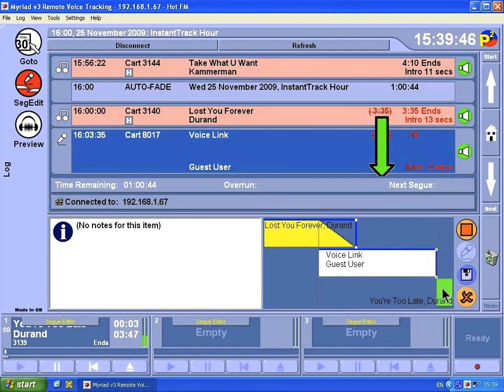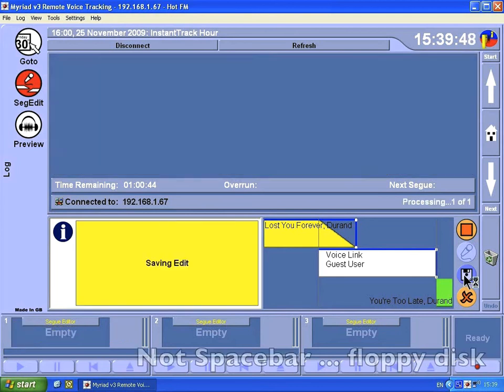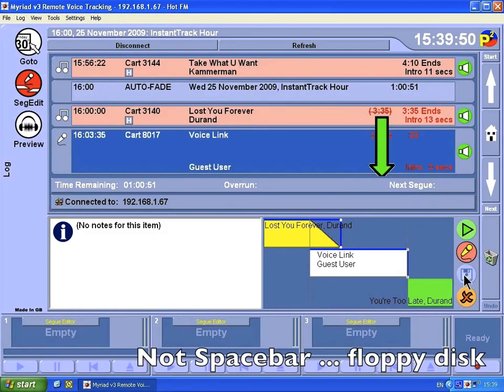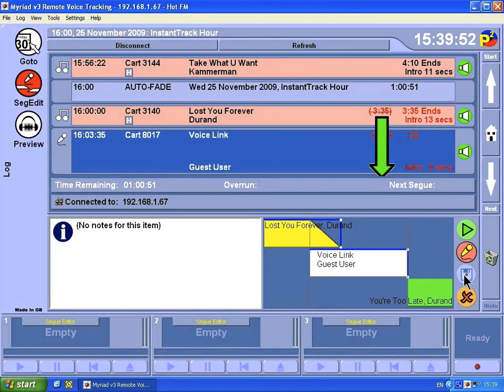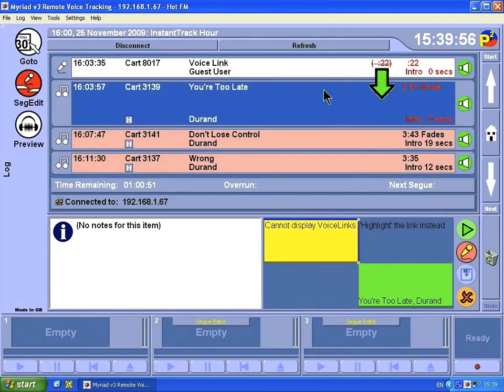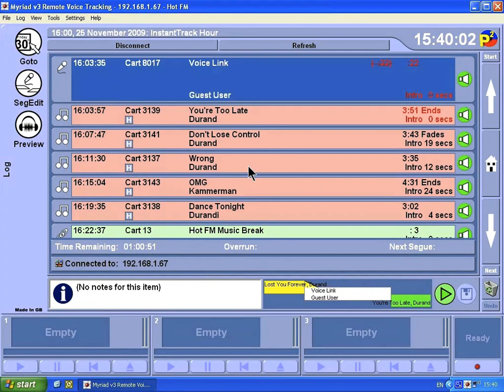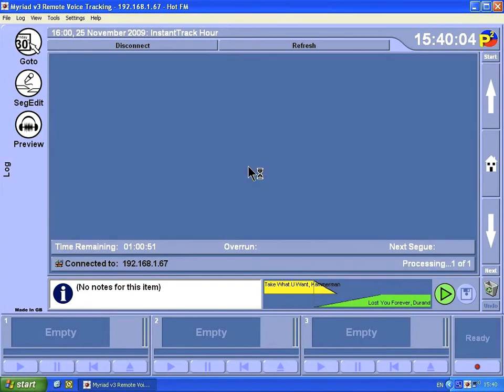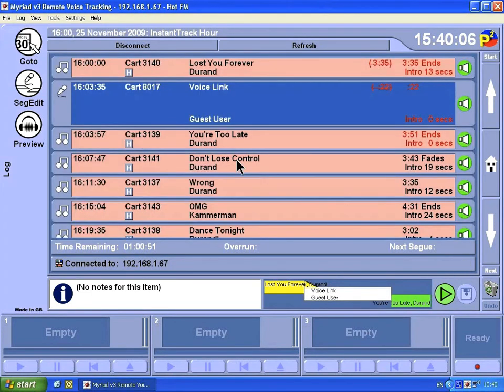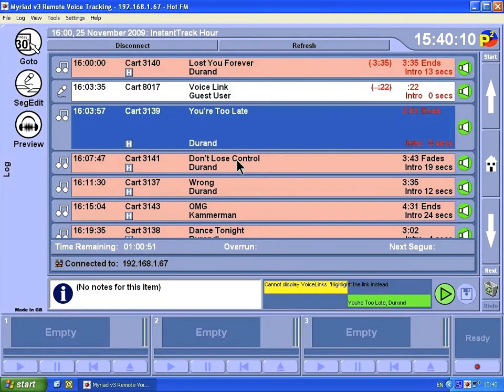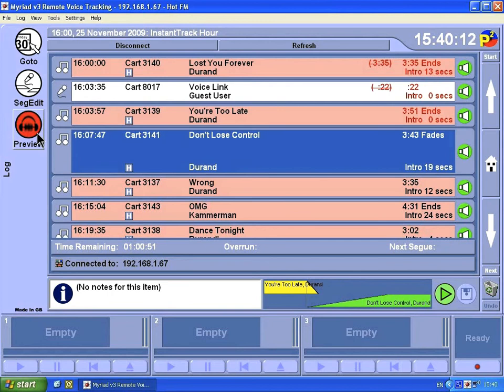There we go. And then if we're happy with that, we hit the space bar, and that saves it and saves the position in the log, and those tracks won't be faded or dropped. And so you can see here that we've done our voice link there. If we click on Seg Edit, that removes the Seg Edit window, enables us to see a little bit more of the log. Also, as well as doing voice tracks, we can also preview tracks just by highlighting them and